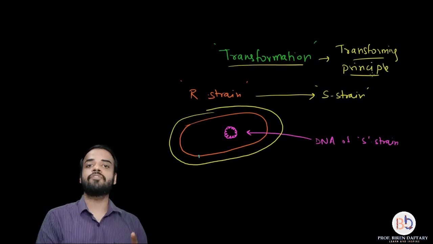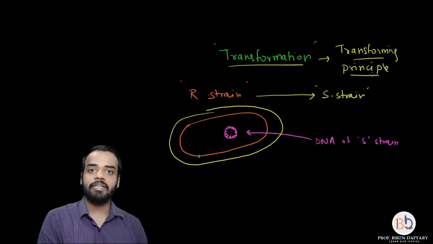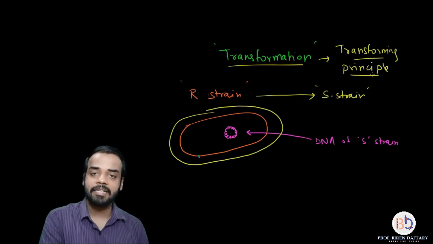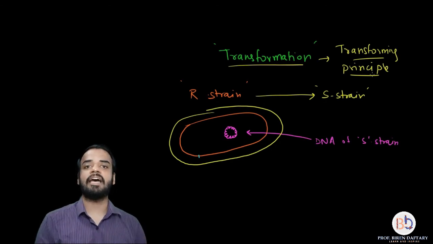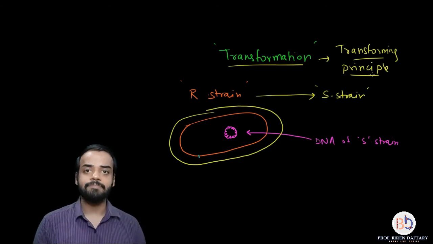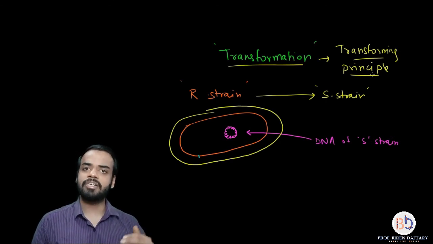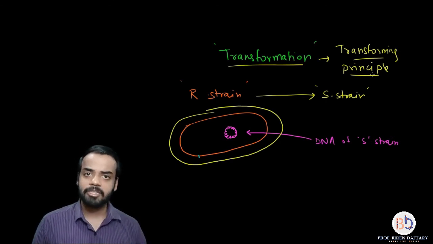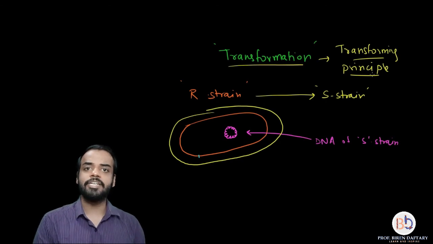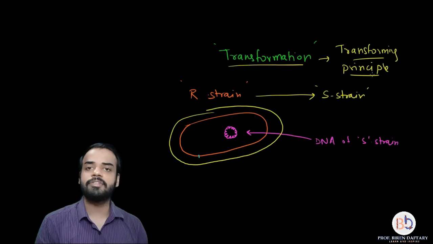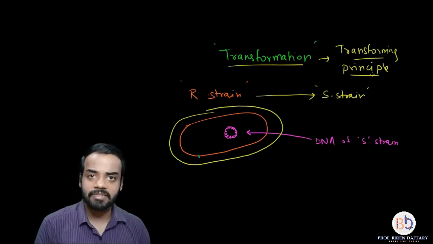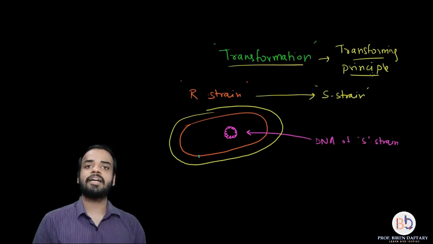This was one of the first experiments performed to prove that DNA is the genetic material in bacteria. Next we are going to study Avery MacLeod and McCarthy experiment, who proved that in Streptococcus pneumoniae or in bacteria DNA is the genetic material. Okay, and then we are going to study some other experiments also. So next video is going to be on Avery MacLeod McCarthy experiment. I hope this video is clear. I hope transformation is clear. Okay, and with that I will end this lecture.